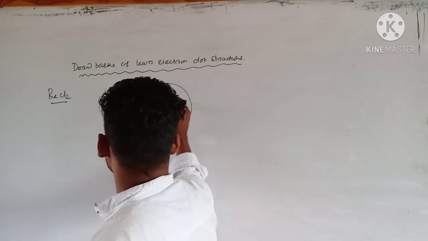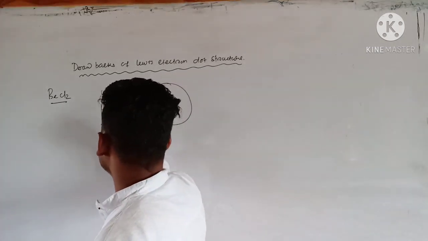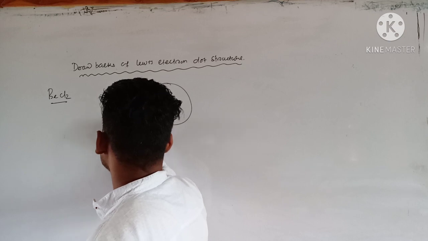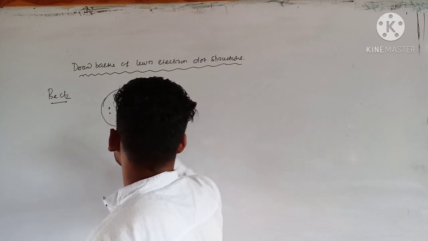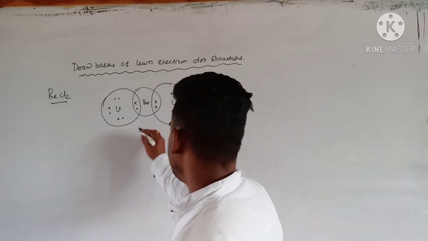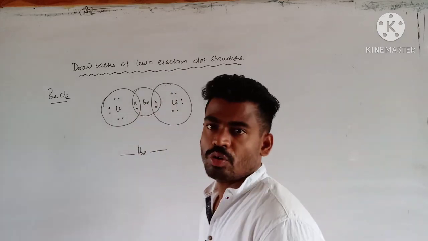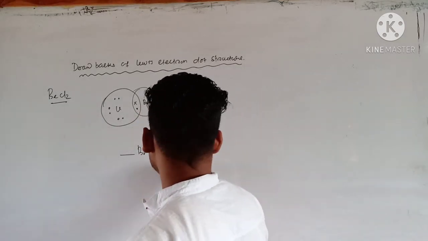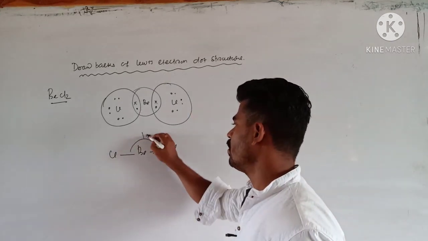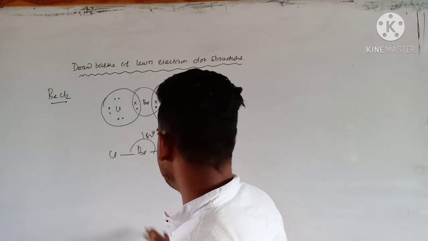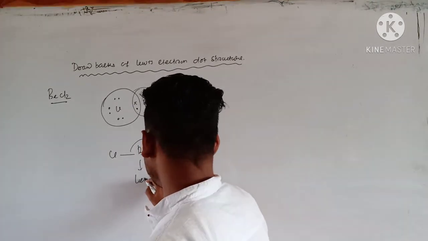Each Cl atom has 7 electrons in its valence shell, and one is here and one is here. Just see here, beryllium is associated with how many electrons? 2 to 4 electrons. No octet is there for beryllium, but the molecule exists. BeCl2 is a linear molecule, with a 180 degree bond angle. But here in BeCl2, beryllium has less than